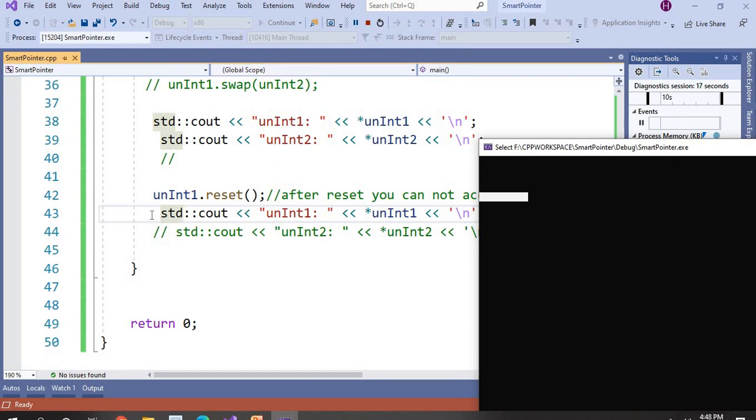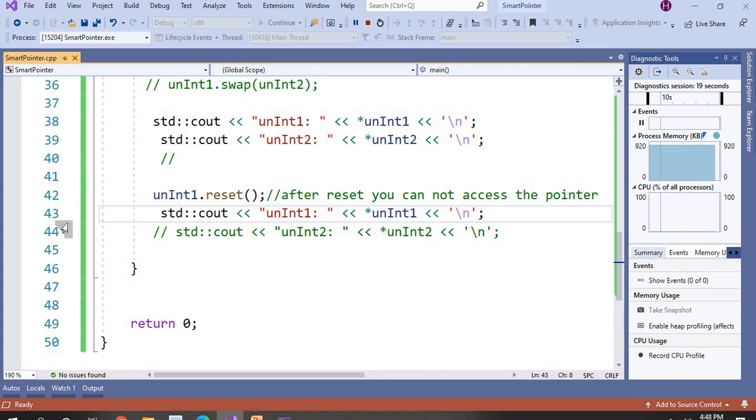So it will crash on this line because I am accessing the unique pointer after its reset. So if you are resetting a unique object, you need to allocate memory for that unique pointer again, and only then can you access it.